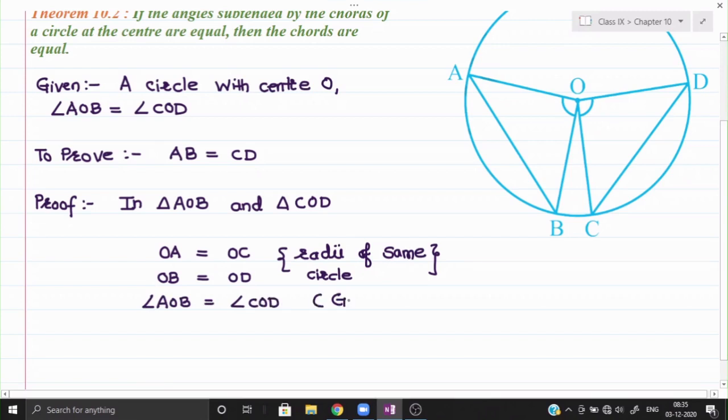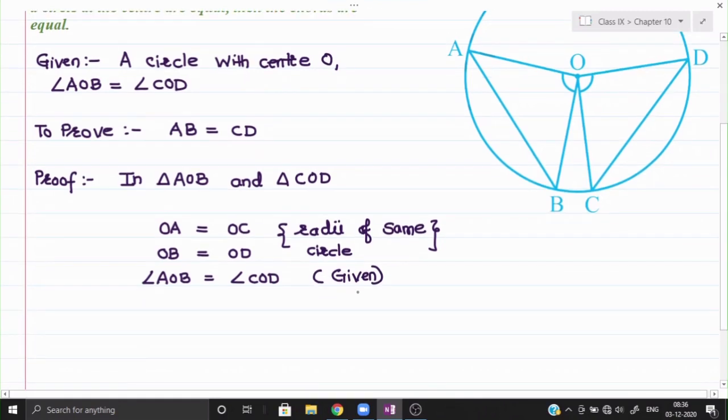And see here, after inserting angle AOB and angle COD equal, we can say that by side angle side congruency theorem, triangles will become congruent now because two sides and one angle, and that angle is coming between the two sides only. Okay, so we can say that here, therefore, triangle AOB